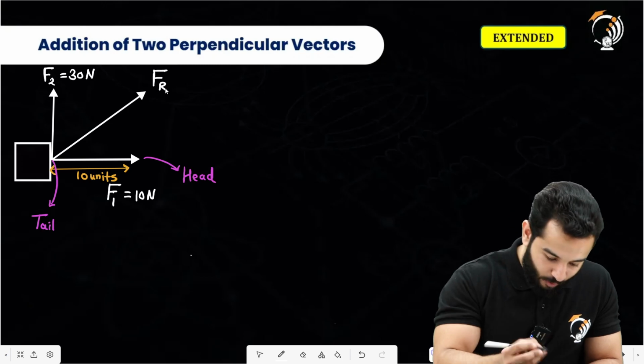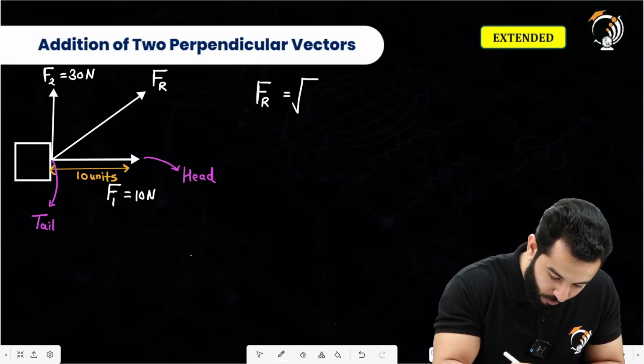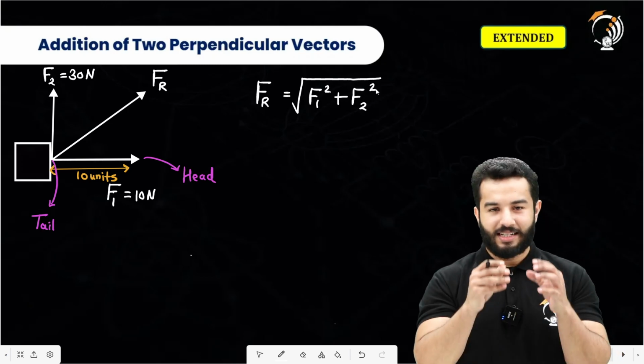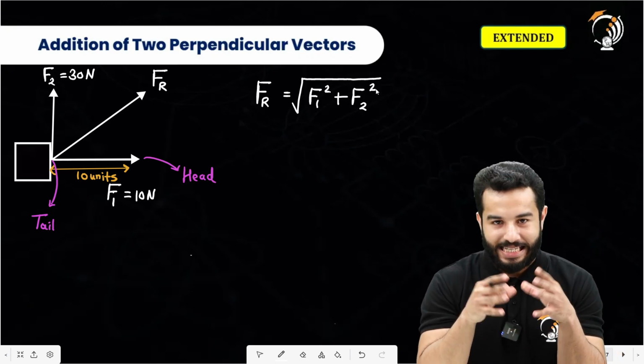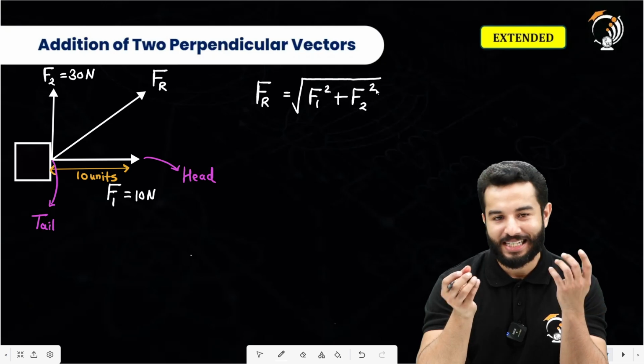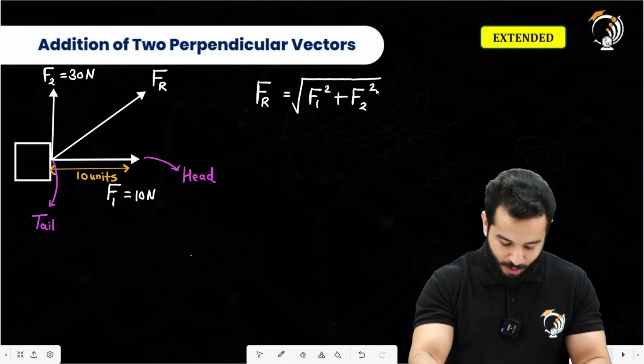And it will be written as F_R equals the square root of the squares of F1 plus F2. Doesn't it look similar? Yes, you're right. It is actually nothing but the Pythagoras theorem, right? That's why we actually call it the law of triangles. Although the law of triangle is something else. The law of triangle is